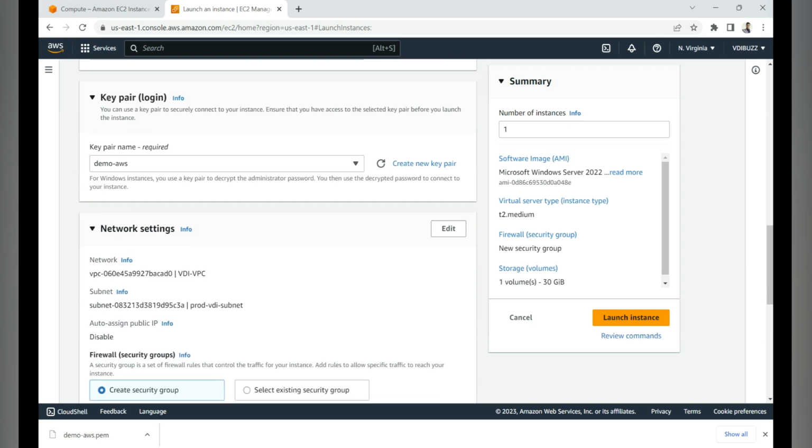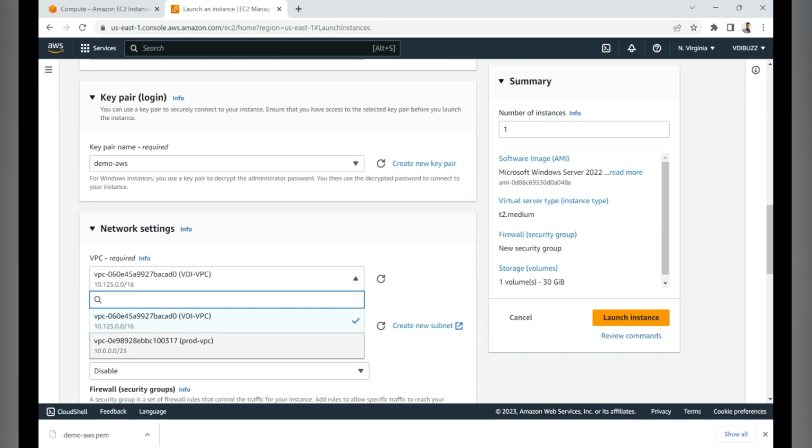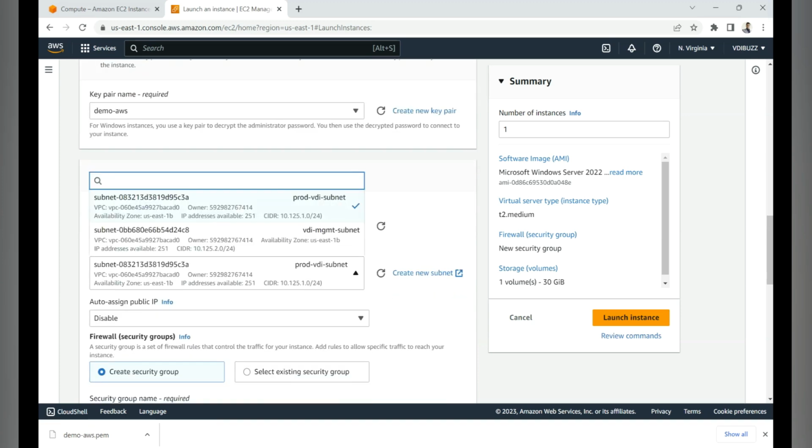This is very important, which is network settings. Click on edit, and here you need to select your VPC. If you have multiple VPCs, you need to choose on which VPC you are going to deploy this particular EC2 instance or virtual machine. In our example, this is 10.125.0.0/16, which is the VDI VPC. Then subnets. If you have multiple subnets, you need to decide on which subnet you want to deploy this particular virtual machine. In this demo, I'm going to choose the production VDA subnet,